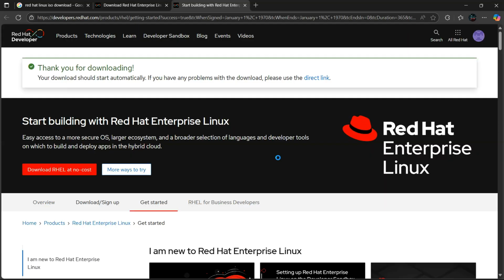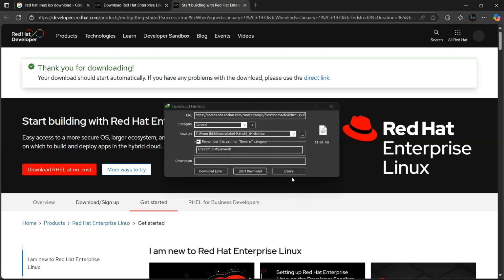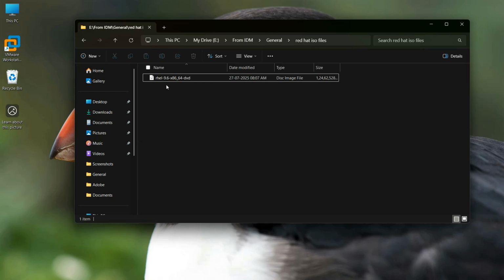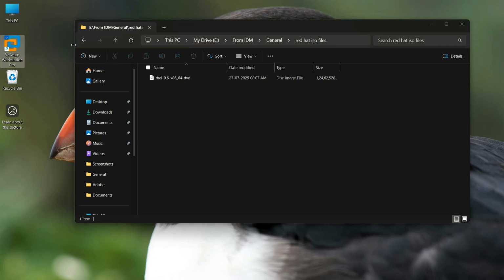So we need to click on download ISO. After you click on download ISO, the download will automatically start. Here you can see that the download size is almost like 12 GB, and the page has the download. If we click here, the download will start. Now we'll wait until the download finished. So here you can see my download has been finished, and we need to click on the VMware Workstation that we had installed earlier. Now we'll double click on the icon,